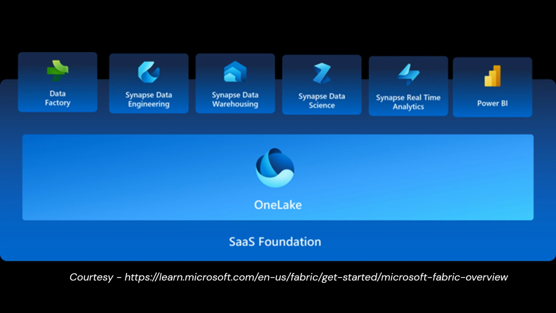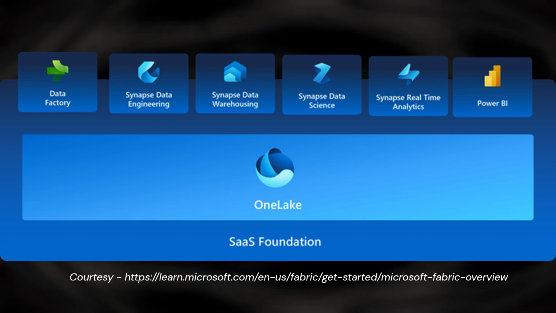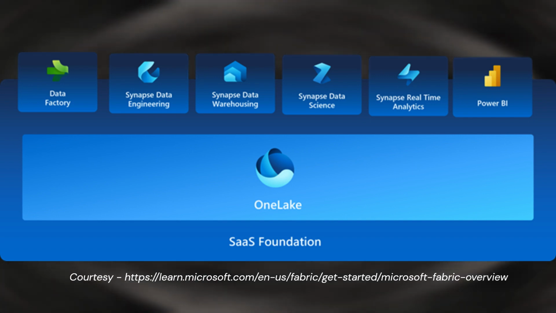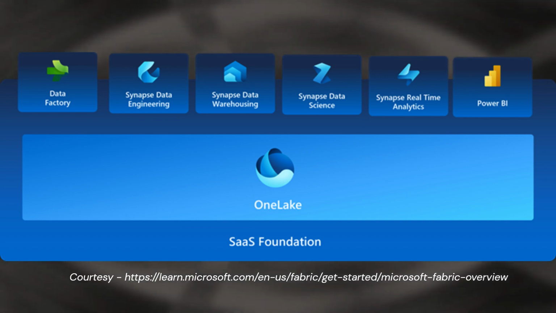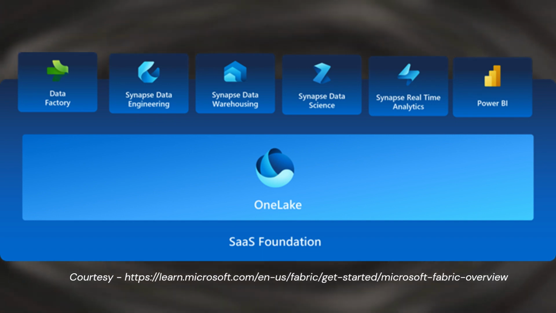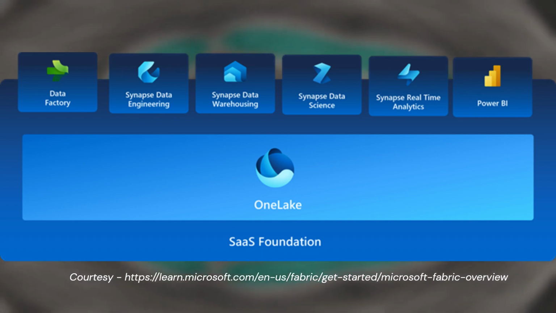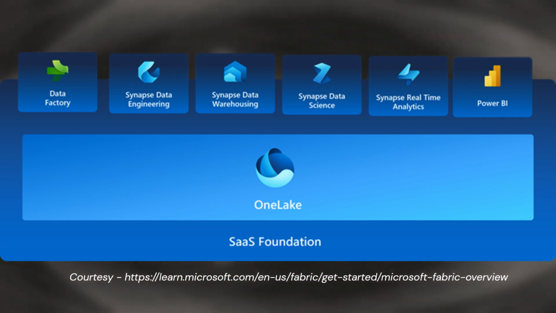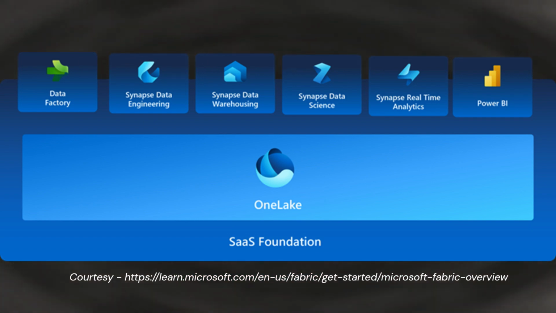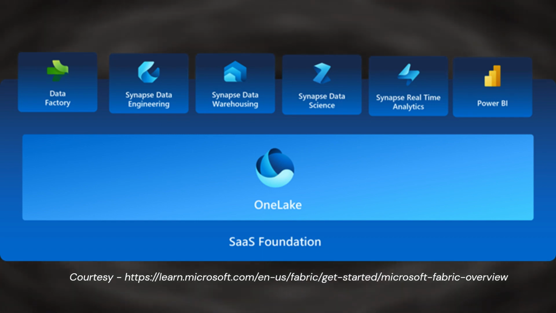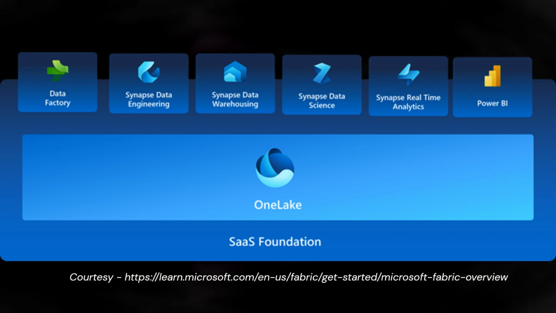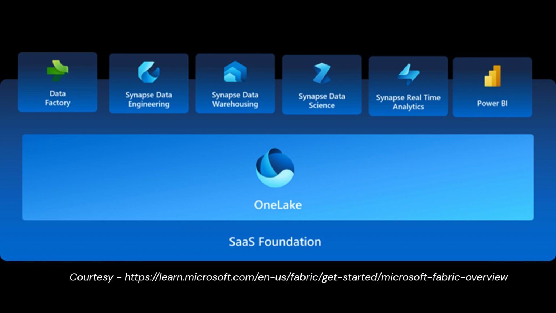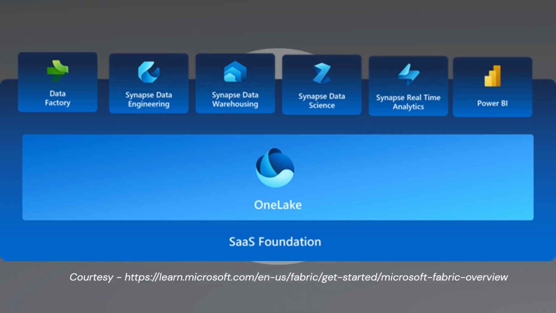Let's talk about Microsoft Fabric. Microsoft Fabric is an all in one analytics solution for enterprises that covers everything from data movement to data science, real time analytics, and business intelligence, which are all the essential components. And we will be talking about all these areas one by one. But today, our emphasis is on data movement and especially on data engineering. Data engineering is about moving the data from source systems into the fabric and storing that data in a data